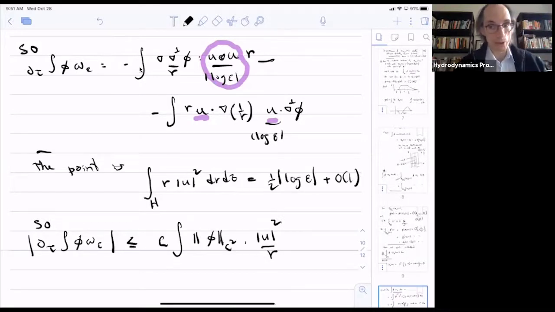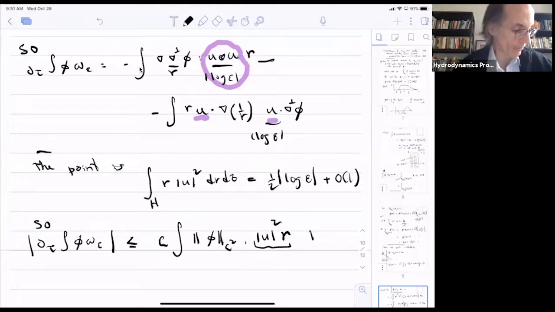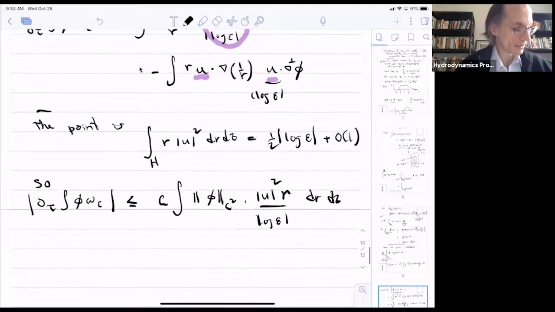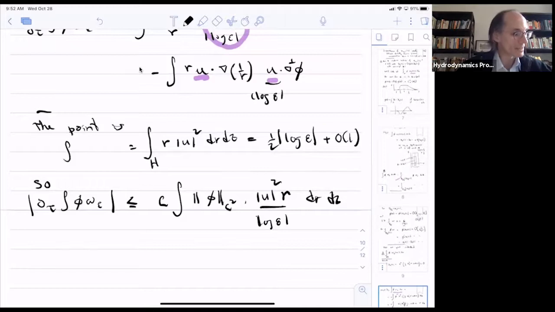But 1 over r is always at most almost 3 on the support of phi. And so I want a u squared times r, and I want to divide by log epsilon, dr dz. Right. So let me remark also, this was the, so we wrote this is the same thing as the